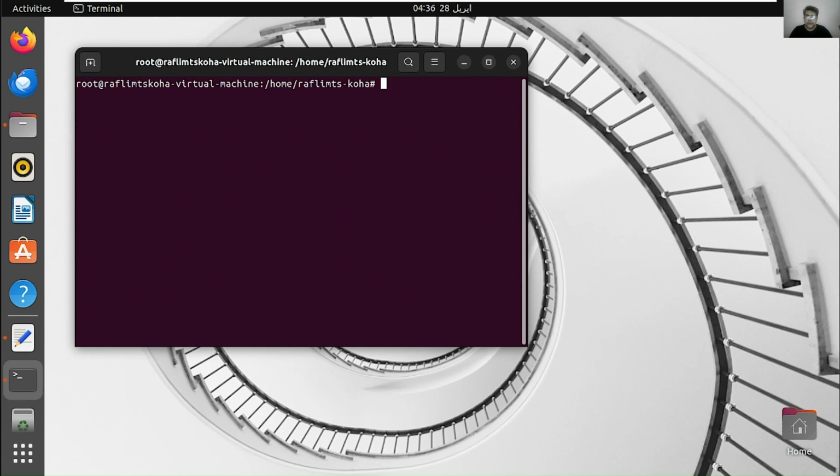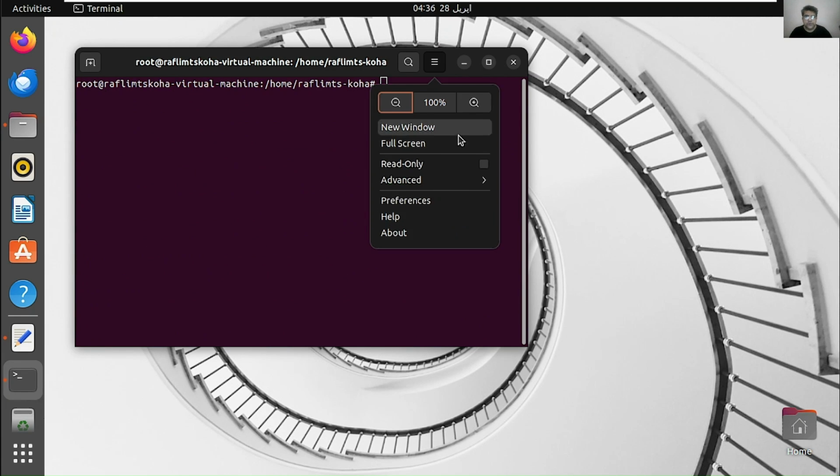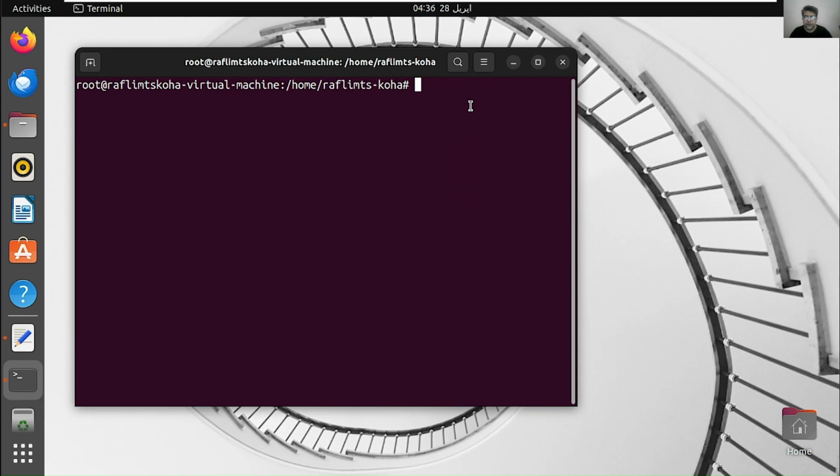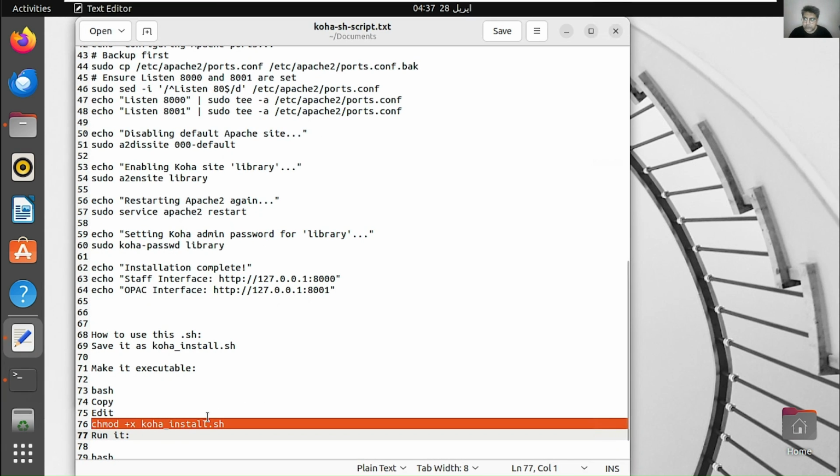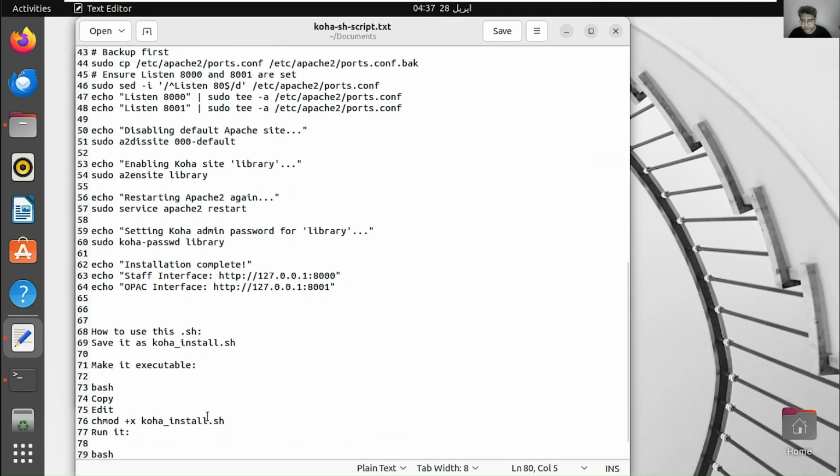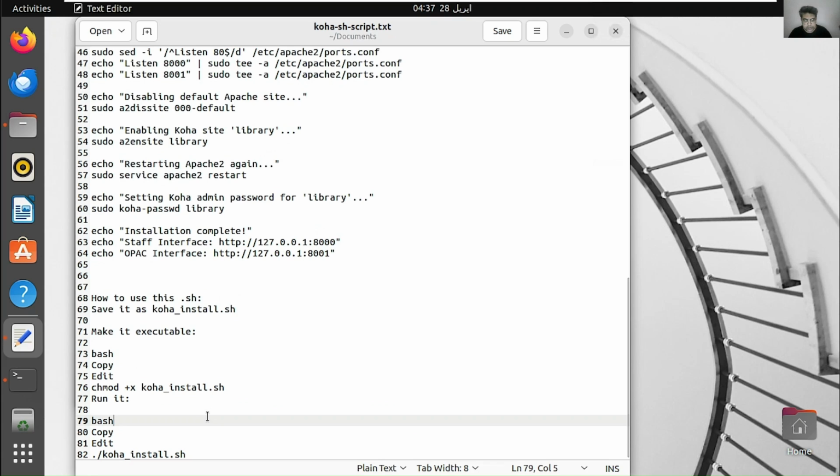Clear the terminal. Let me enlarge the terminal so you can see easily. I am going to paste the command that will allow this file to run. So now I have allowed the permission, and what next? We need to execute the file. That's it.